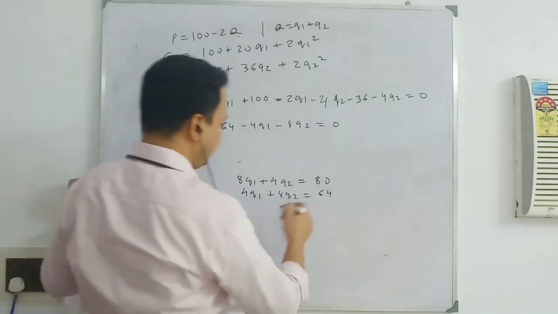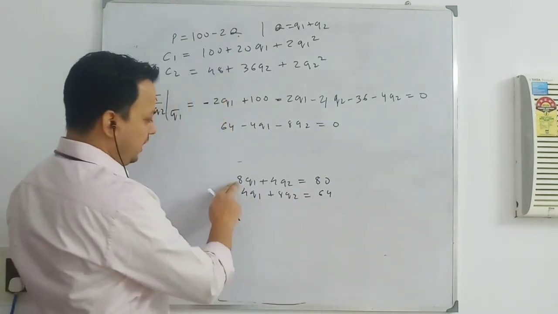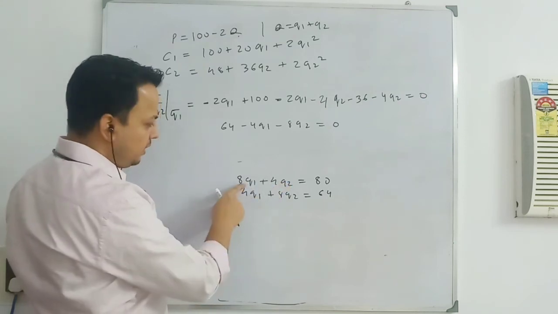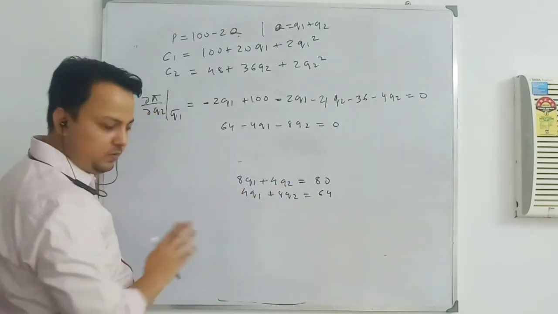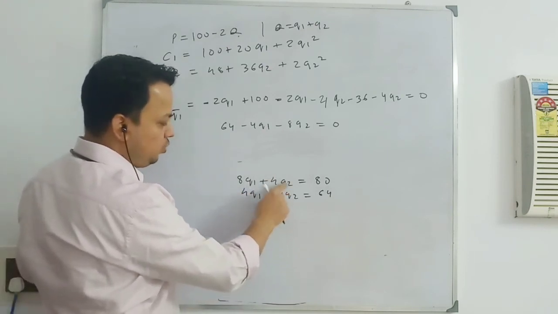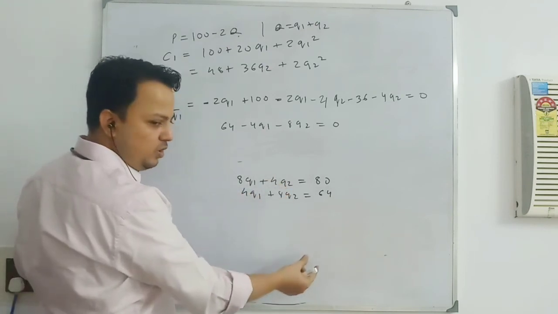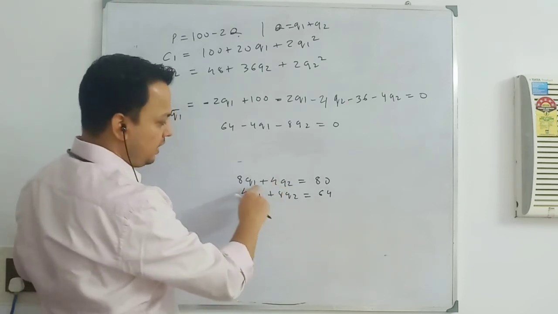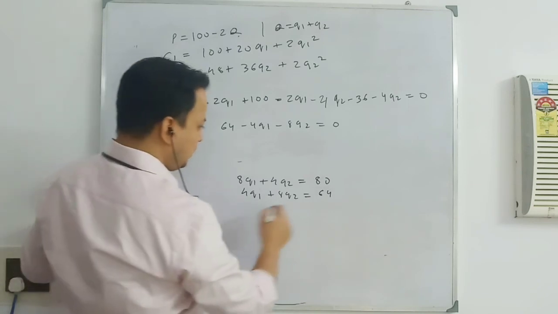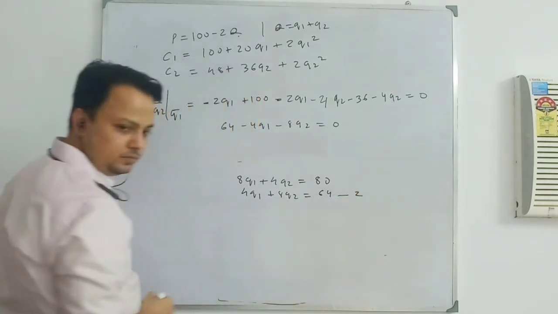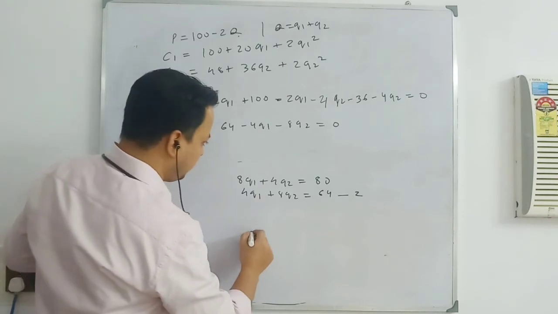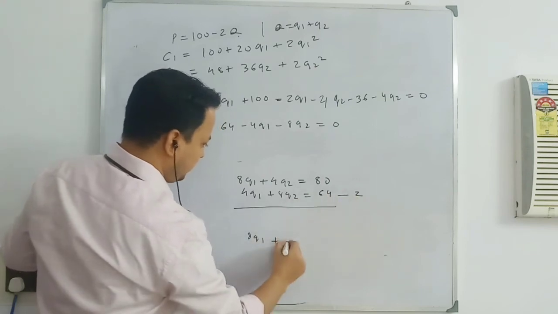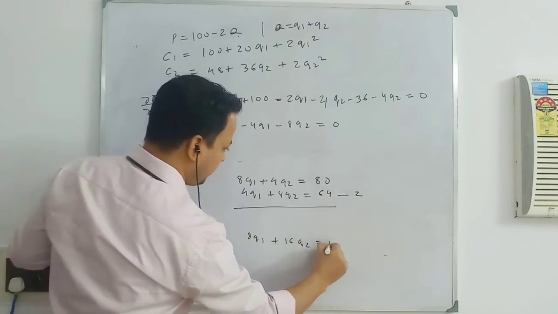Okay, it is easy. So here you have 4q1. If I make it 8q1, and subtract the first equation with this equation, then 8q1 minus 8q1 will be 0. Then our equation will have only the q2 term. So I will get the value of q2. I can substitute the q2 value in any one of the two equations, and I will get the value of q1. So multiply the second equation with 2. What will you get? You will be getting how much? 8q1 plus 16q2 equal to 128.